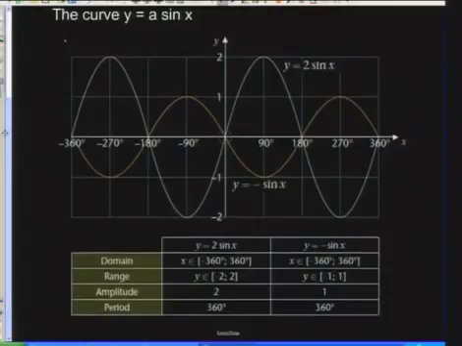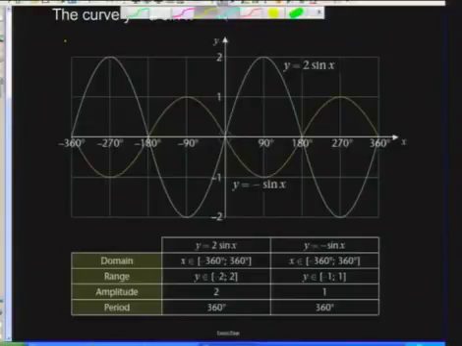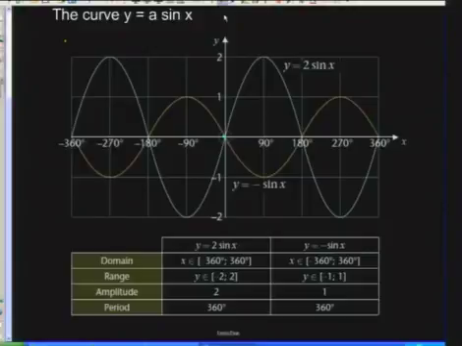The graphs have been sketched for us, and just below the graphs, we've got a table that shows us those key features: the domain, the range, the amplitude, and the period. And if I had to draw the parent graph, the sine parent graph, then it would look something like this. We would have a maximum at 90, we would have a minimum at 270, and a 0. So continuing the cycle this way, we would have these values, so that our sine graph, or what we call our parent graph,